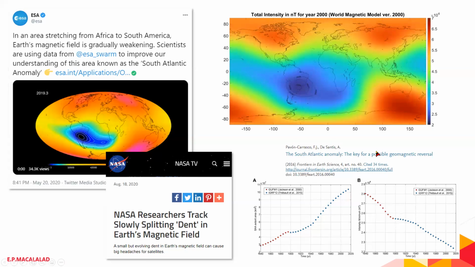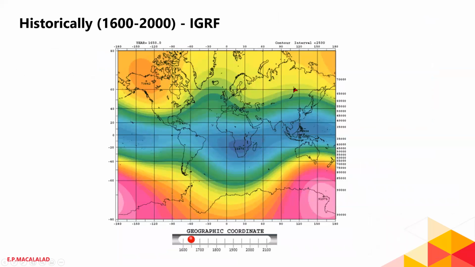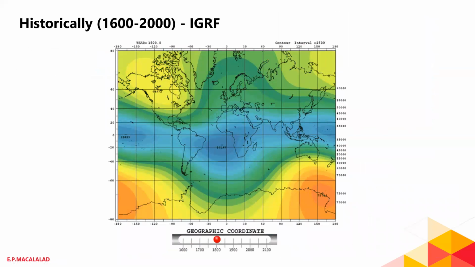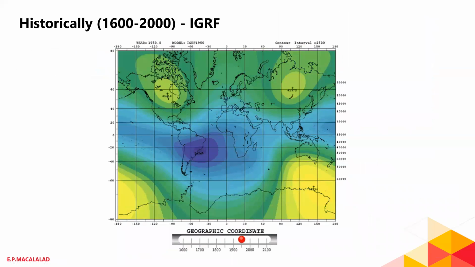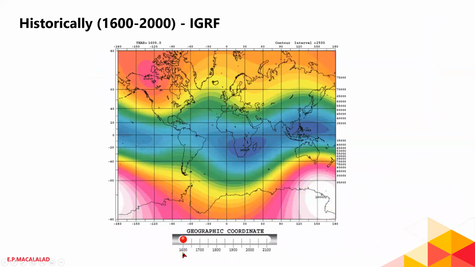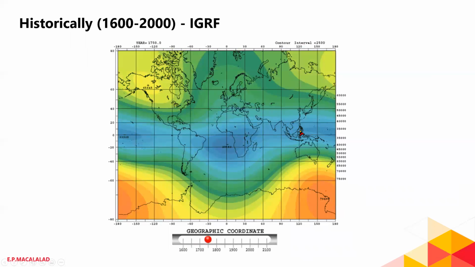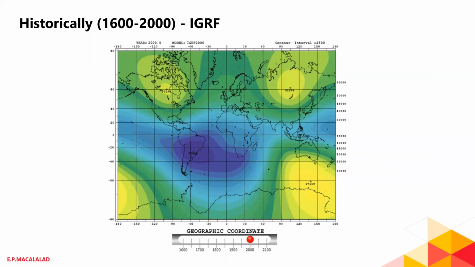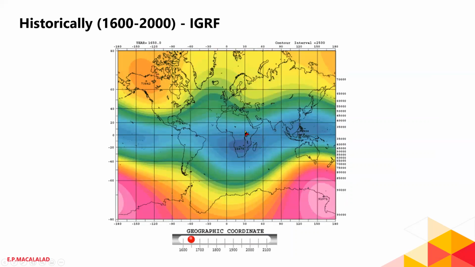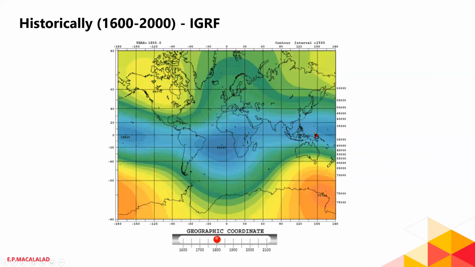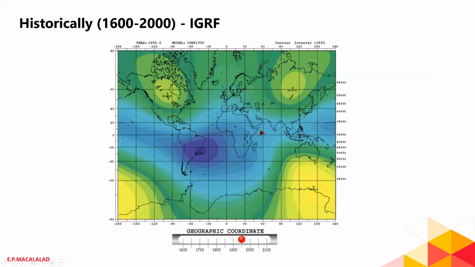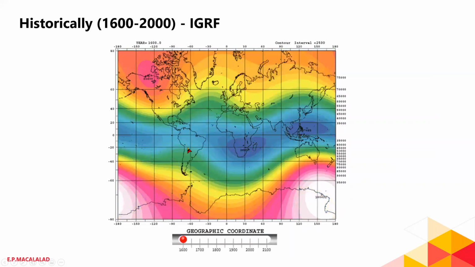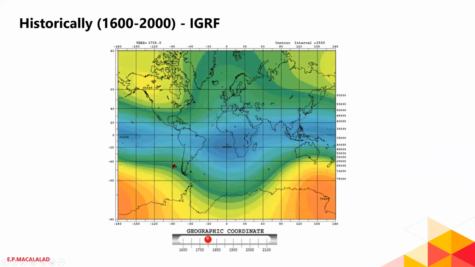But to give you a historical perspective, okay, the South Atlantic anomaly is not actually there to begin with. In fact, based on models, this is the 50-year evolution of that South Atlantic anomaly. So in 1600, there are actually two areas where there is low magnetic field. Some are in the Philippines and some are in Africa. But gradually the anomaly disappears and then moves closer to the current position of the South Atlantic anomaly.